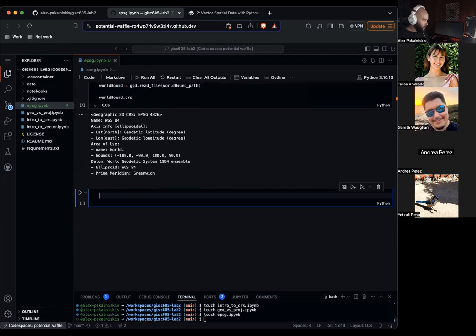So the CRS consists of two parts. The init, which tells Python that a CRS definition will be provided, and then the EPSG code itself, EPSG 4326. Cool. So how do we create a CRS object in Python?